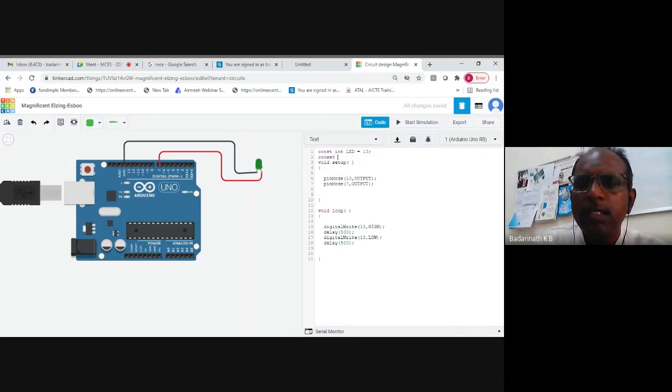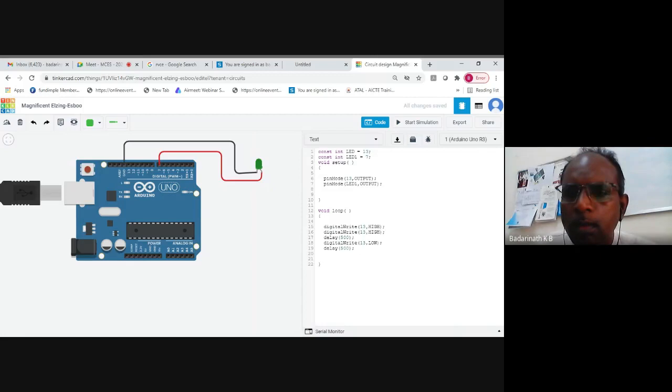So, constant integer, external LED. I'll say LED 1 equals 7. Now instead of 7, I can just use the word LED 1. Now I'll add one more line for this, and I'll call this LED 1.